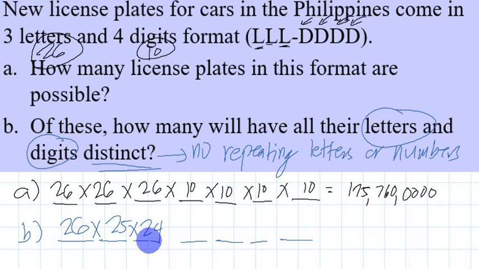Going on with that logic, in the first slot of the digits, we can still have all 10 digits. However, in the second slot for the digits, since we already chose one digit, we are left with how many choices for the digits? Just 9. And continuing this one, since we already chose 2 out of the 10 digits, we can only have 8 possible choices for the third slot and 7 for the fourth slot. So this will now result to